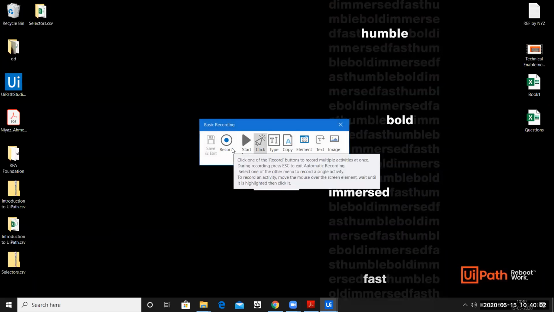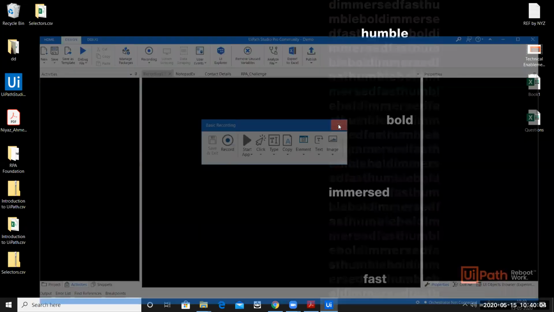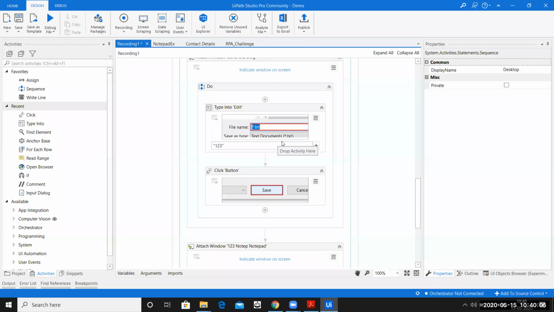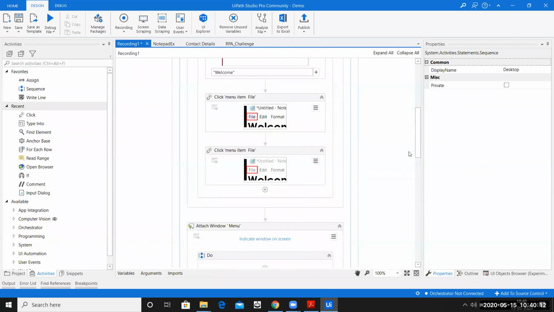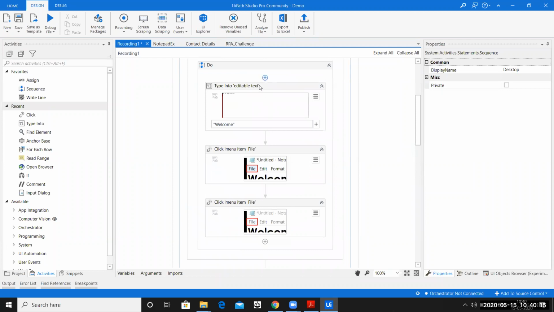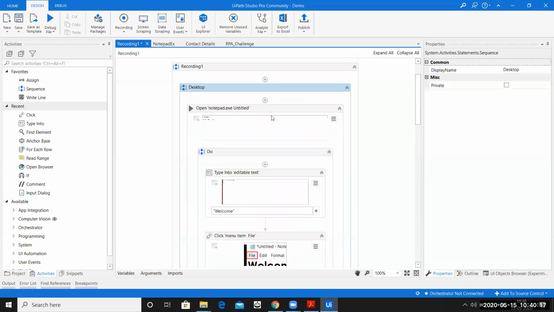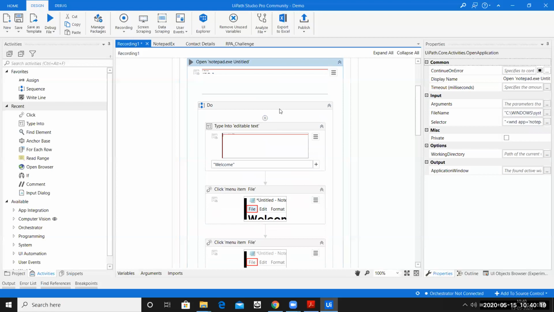I can do it directly from the recording, but making sure that the recording is limited to very basic things, such as the type into activity or click activity. So you cannot start the application from here using the start application. All you have to do is manually click on start application, and later you can click on recording, and then you can proceed further.